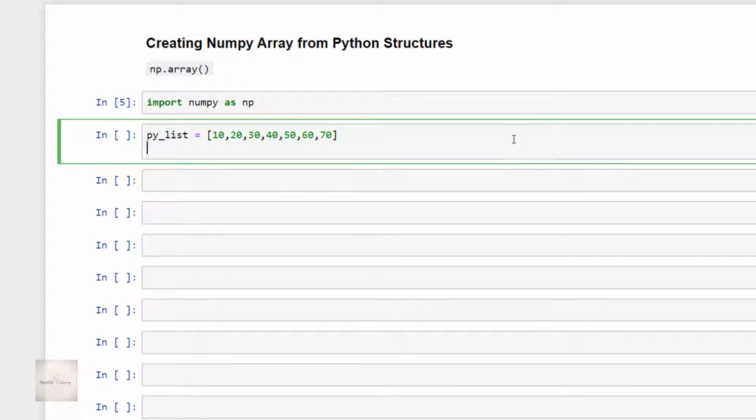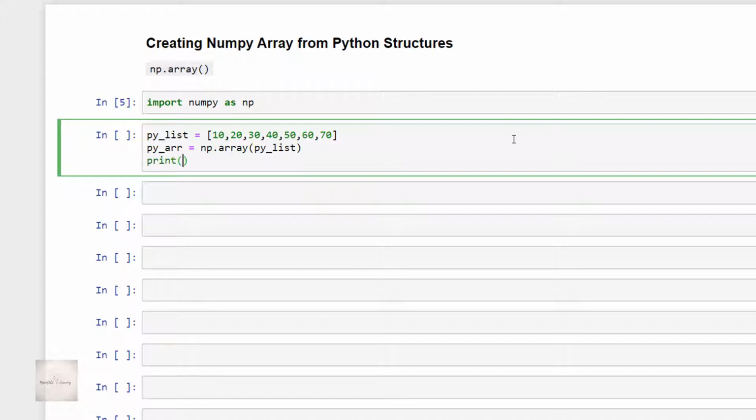So I'll write py_array is equal to np.array of py_list. And then I'll write the print statement so that I can display the output. Then let me execute this code cell.